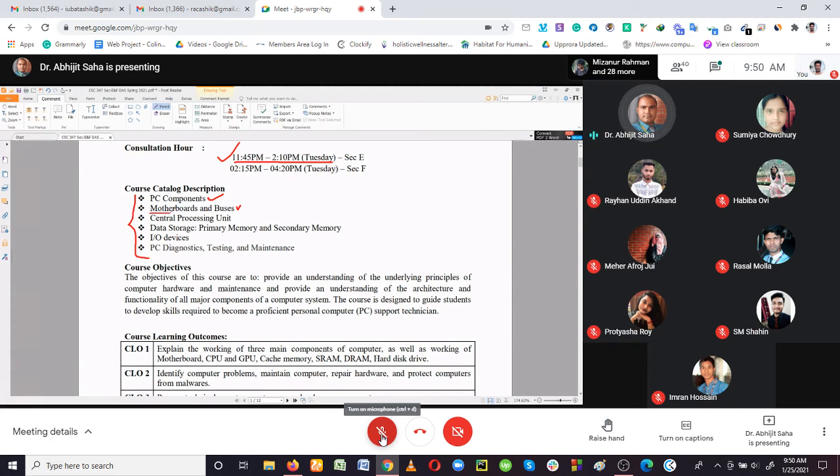This is the topic we have to understand properly in order to understand the other topics, because everything needs to be connected with the motherboard. So we are going to take some time to understand this topic. And then comes the main components of the computer system, like first the CPU. We are going to have a detailed discussion about the CPU, the central processing unit. We have to understand what the CPU is. We are going to have the detail.